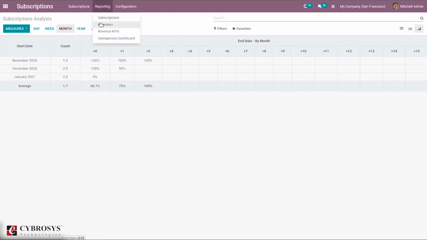Then here we have our retention. Customer retention is a very important factor for your company. That is the act of keeping existing customers that your company has already spent money to acquire.